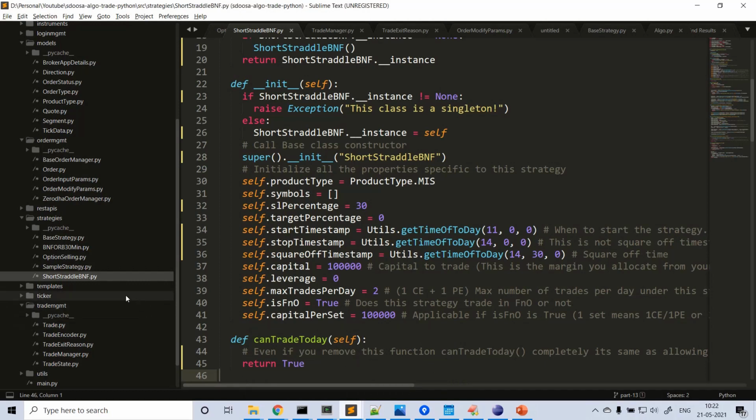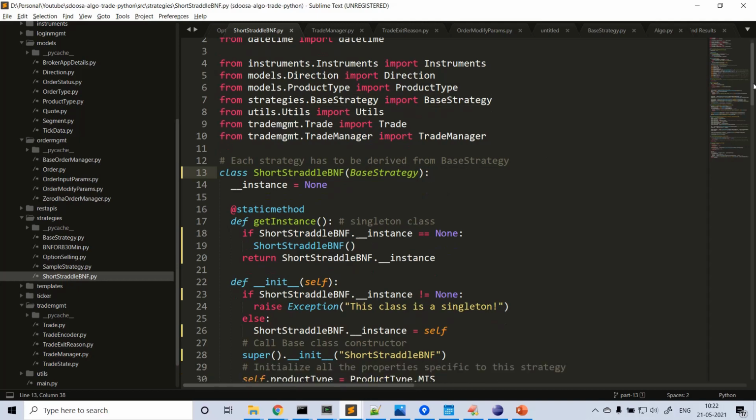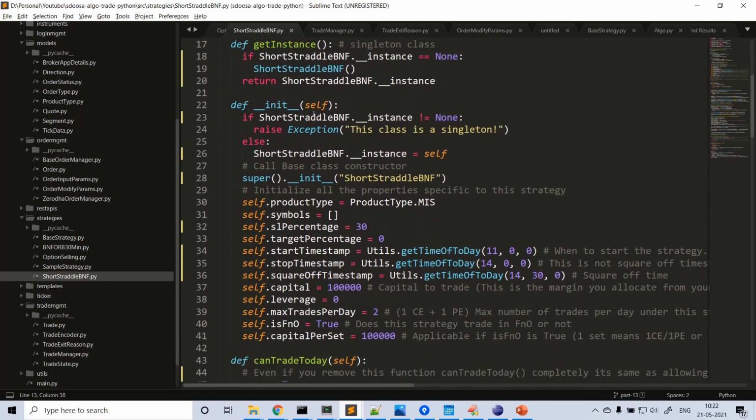First of all, I'm going to show you the new class I created, short straddle BNF. Here we are deriving from the base strategy class, correct? These are the common things which I already explained in the previous videos also. Product type MIS, SL percentage 30, target no target. Start time I am keeping is 11 a.m. Start time is not applicable for order type because we are going to place only market orders here. Square off timestamp, we are going to square off at 14:30, 2:30 p.m. Capital 1 lakh, and max trades per day we have only 2, that is 1 CE plus 1 PE of